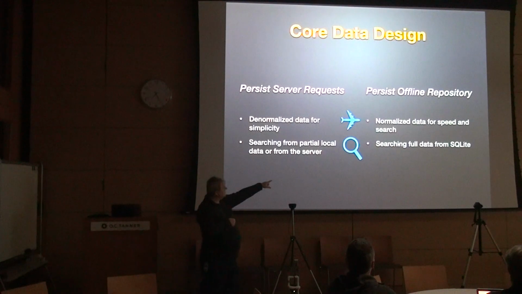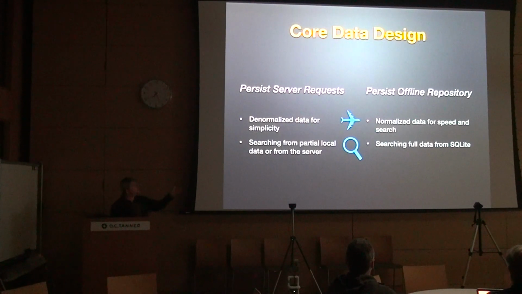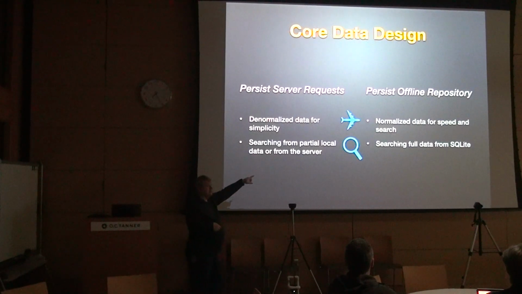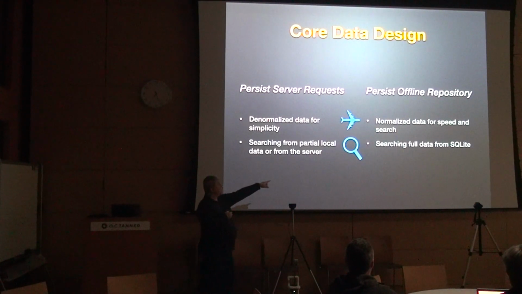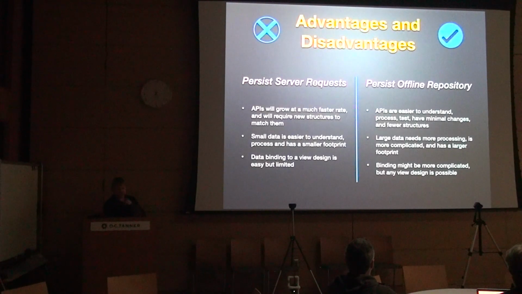But if you decide to go for the offline repository approach, you can search anything you want, anywhere, with any combination. And that includes relationships. Usually when you're searching partial local data, you don't have a lot of relationships, if any. So you typically have to make another API call to figure out the details of the relationship of the thing you're searching on. Again, you're potentially making more API calls. Whereas if you have an offline repository, you're not making any of those API calls.